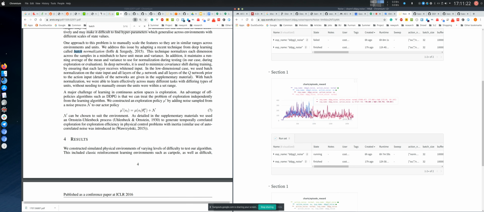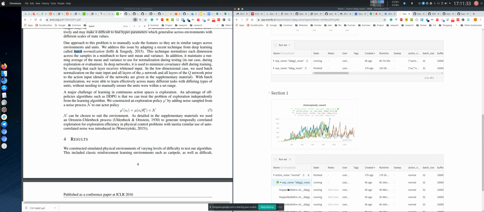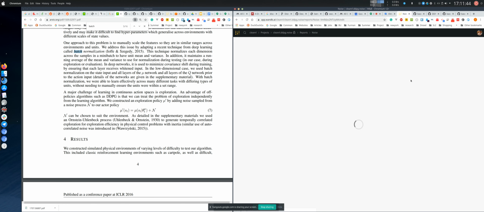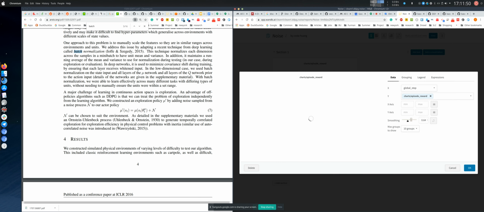So far, it has been on the higher side of the performance, but we'll have to wait until the experiment finishes. So this experiment, which I believe is a Hopper env, and as you can see, the performance seems to be more stable with the normalization on the environment and returns. But there's not enough data